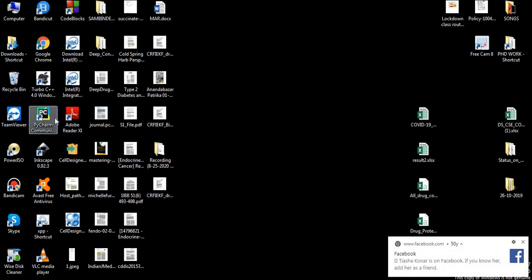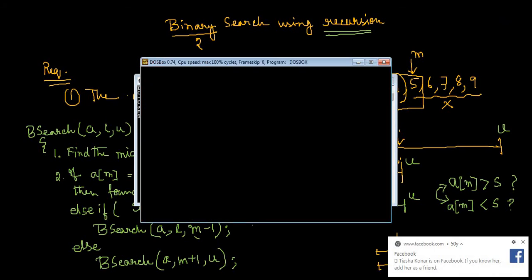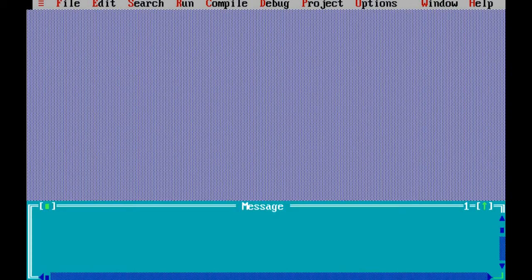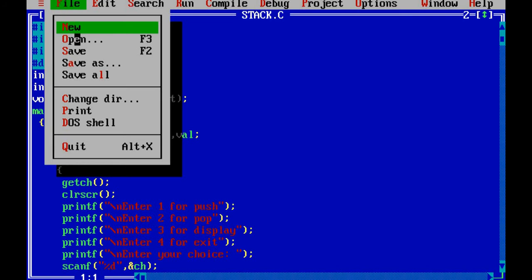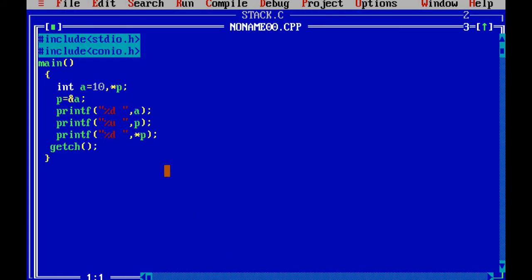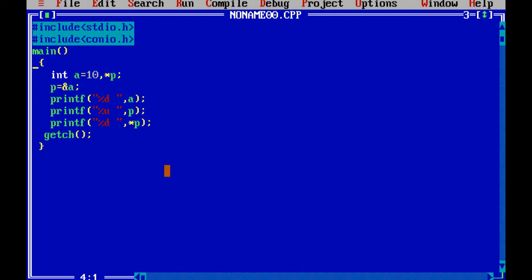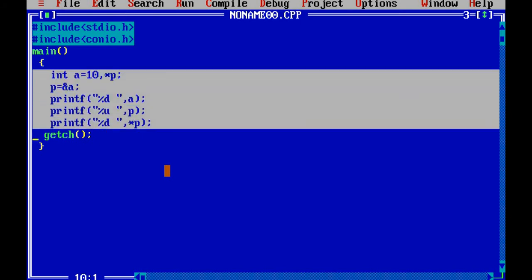I will write the program in the Turbo C++ environment. I hope the screen is visible to all of you. So now I will use a new program, where you forget about the code that is written over here.